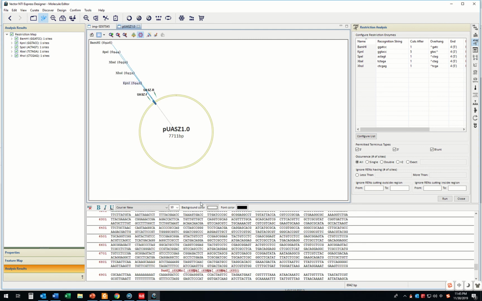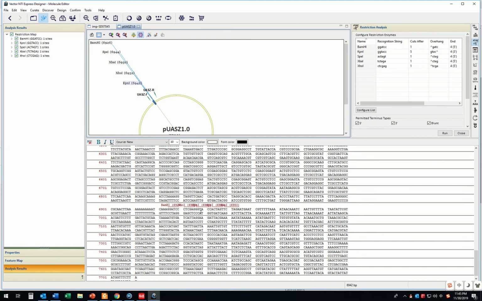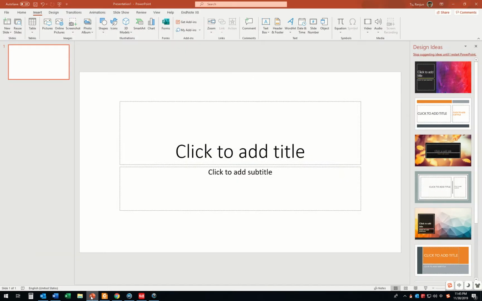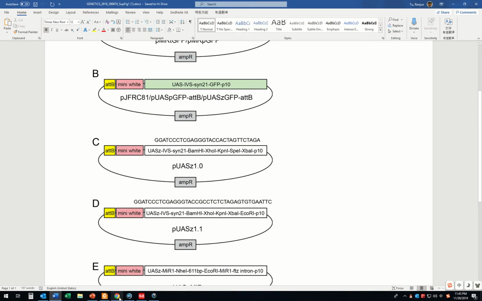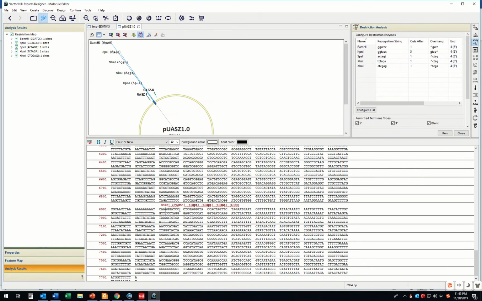You will find all of these cutting sites are here. They're located very close. Actually, this is not very good. That's the weakness of this vector. That means they didn't design it very well. Because usually for the cutting sites, we need some gap. Because if it's too close,